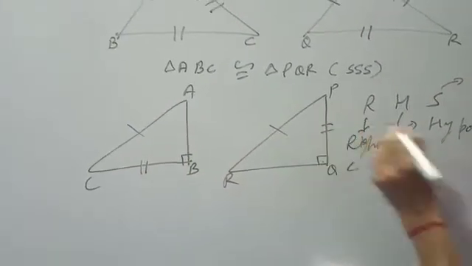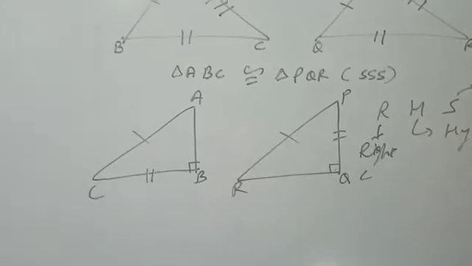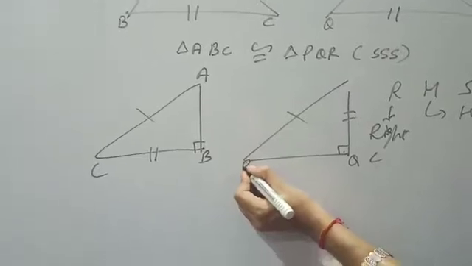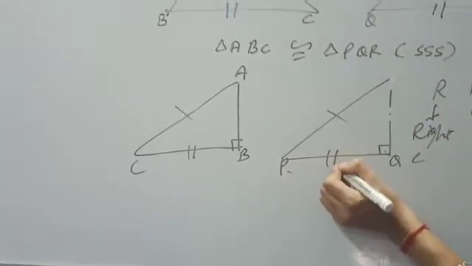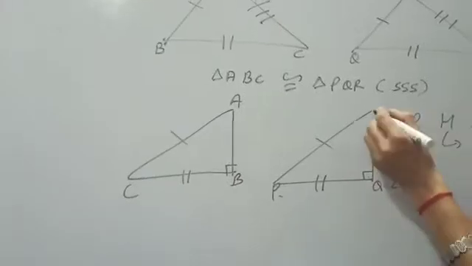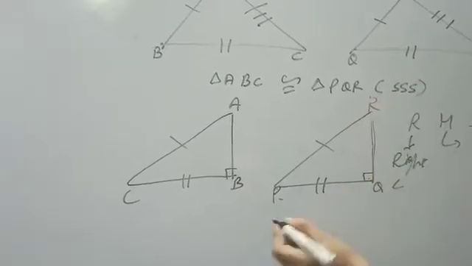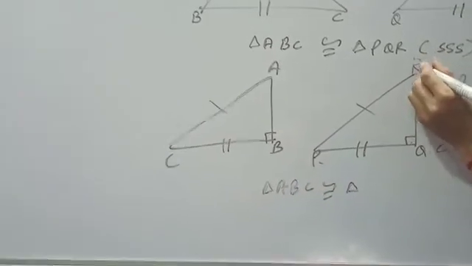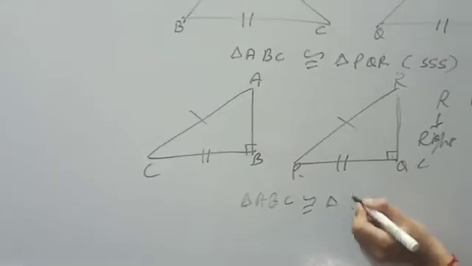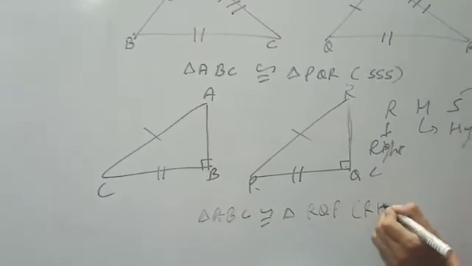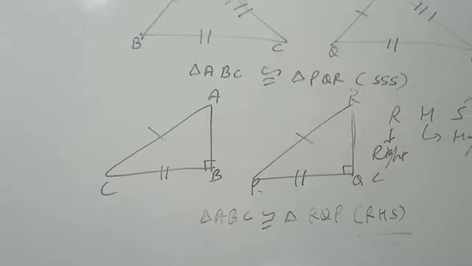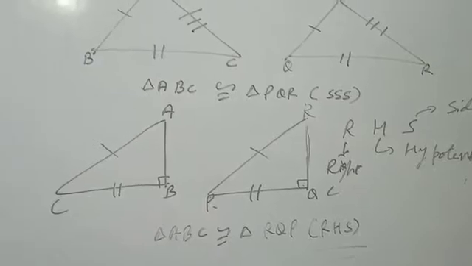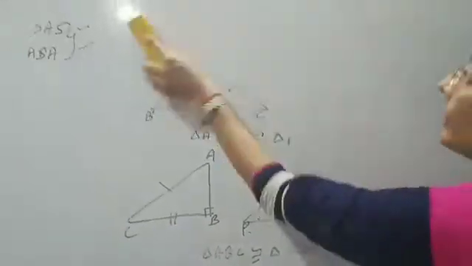Suppose I take PQ, then how can we write it in symbolic form? Here I take the corresponding side, PQ will be the corresponding side, and here I take the point R. Then triangle ABC is congruent to the triangle, the name will be changed, RQP. So RQP, by RHS congruency, we have applied here. Okay, getting the point? Now we will discuss this criterion through questions of Exercise 7.3.